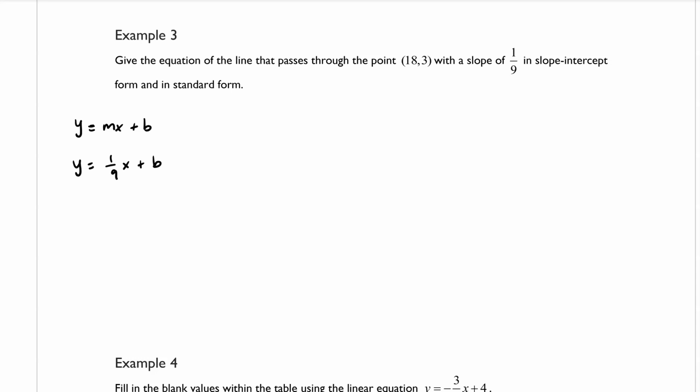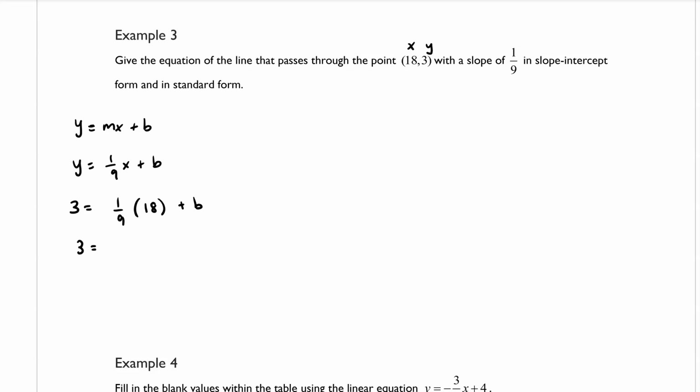Now, we know that the line goes through the point (18, 3), and 18 can be thought of as the x-coordinate, and 3 can be thought of as the y-coordinate. Since we have that point, we can plug those values into our equation to solve for b. So I'm going to go ahead and replace y with 3 and 18 for x, and we just don't know what b is, so that's what we're going to try to solve for. So